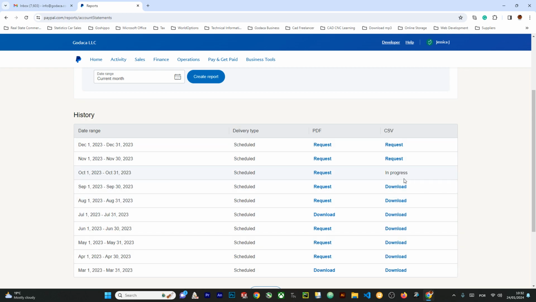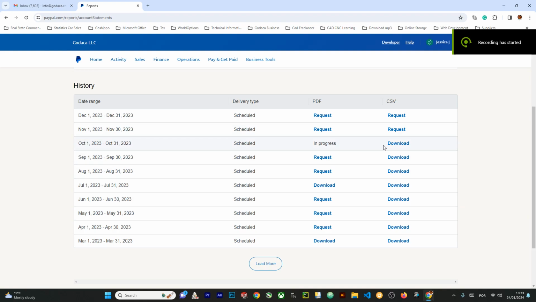Okay, now it's saying in progress. Depending on the size, how many transactions you have, it might take some minutes. So I'm going to click here and refresh. I don't have too many transactions, so maybe it will be done very quickly. After it's done, you will see the option to download your report, and also if you want to request a PDF file, but in this case, just for the import statement,